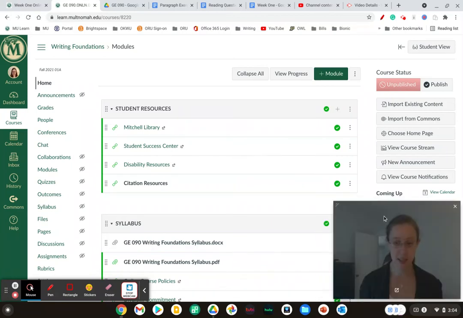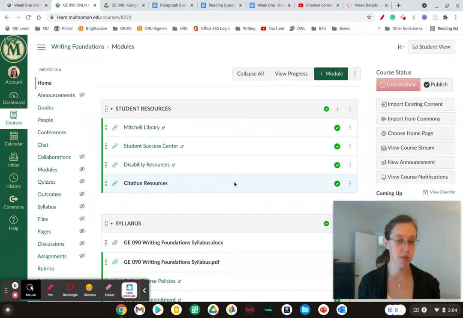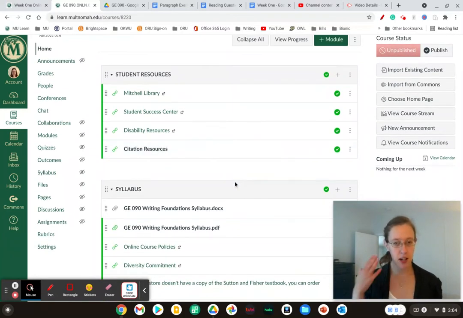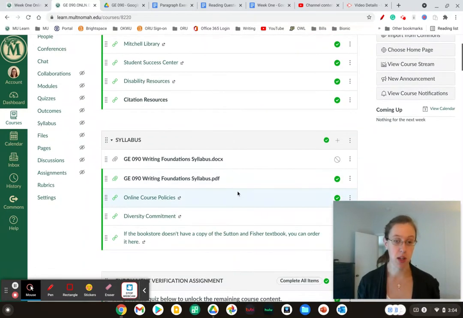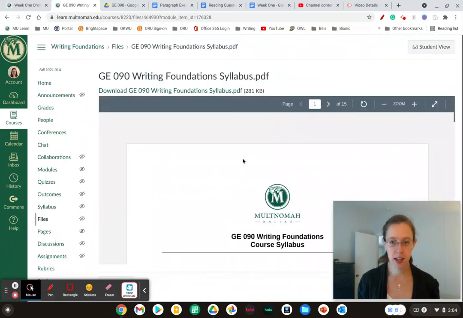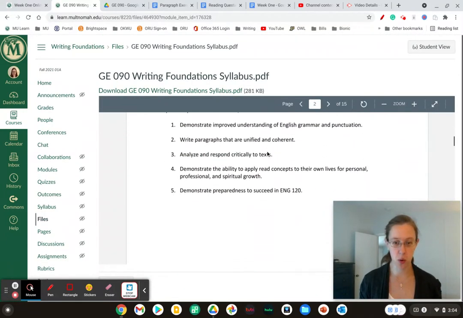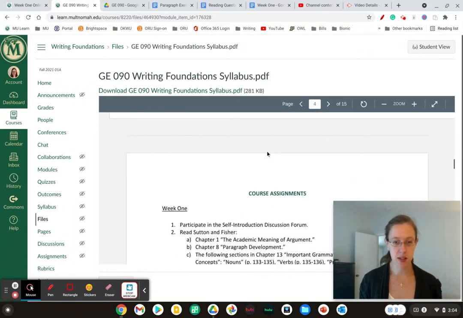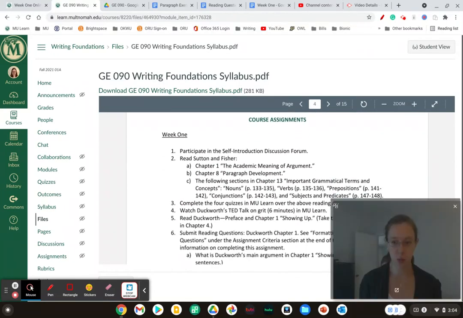the reading questions? Sometimes it helps to look at the reading questions before reading the chapter so that you have it in the back of your mind what to be looking for. You'll need to go to our course page and then go to where it says syllabus and click on the syllabus again. Now we'll go back to page 4